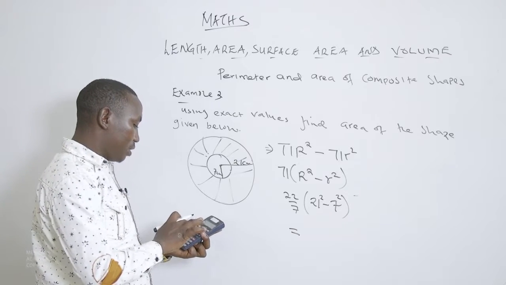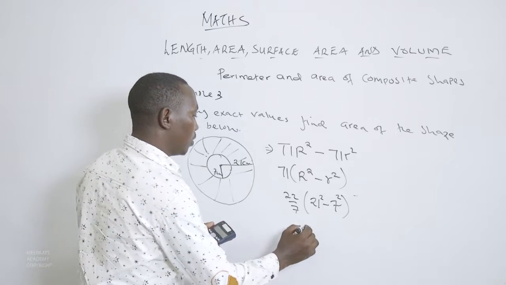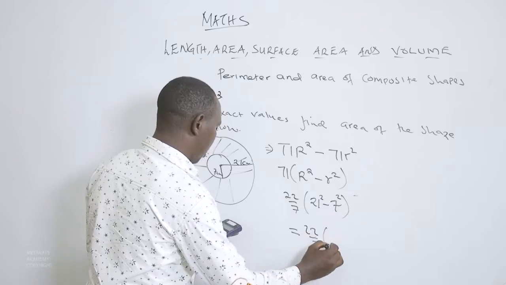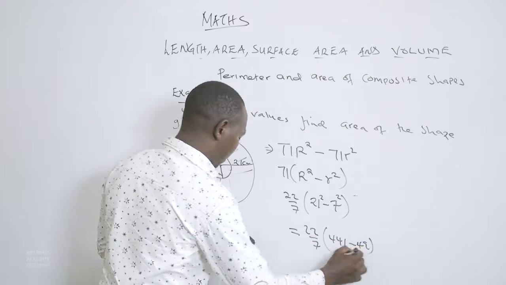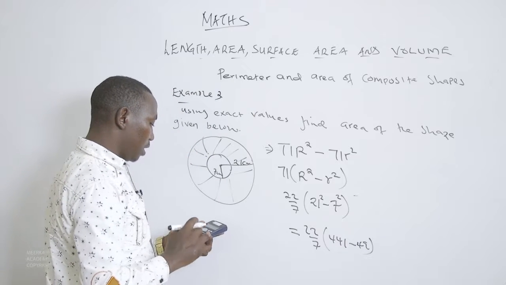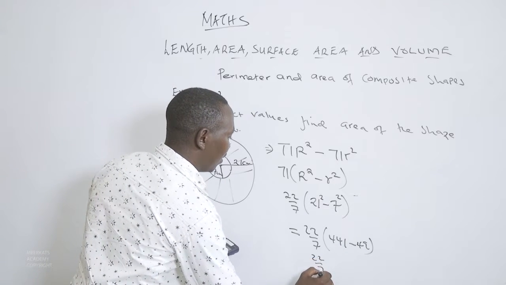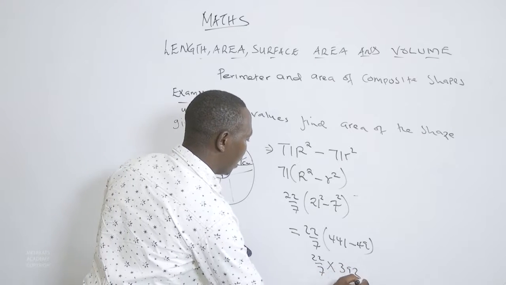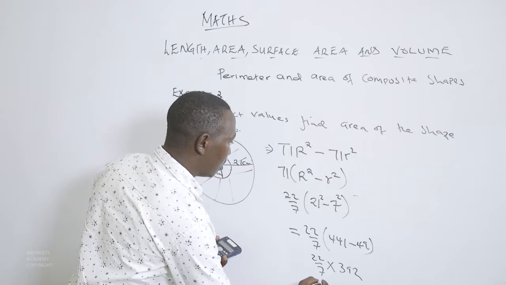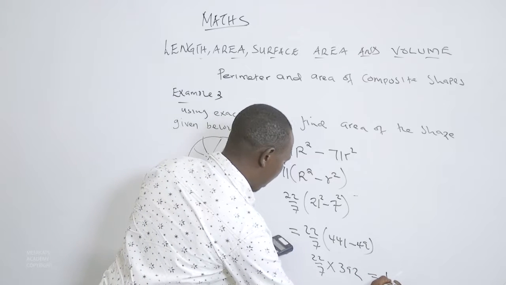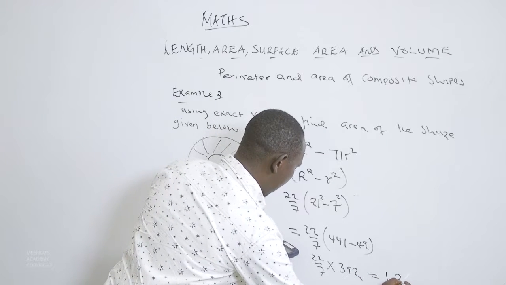That will give us 22/7 multiplied by 441 subtract 49. So this will be 22/7 multiplied by 392, which will give us 1,232